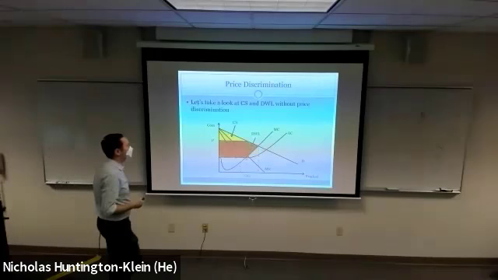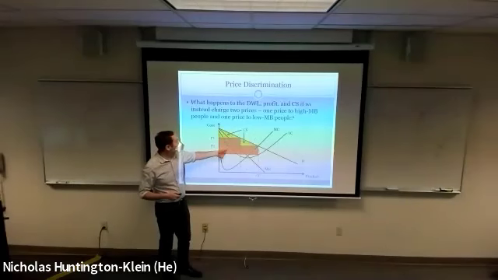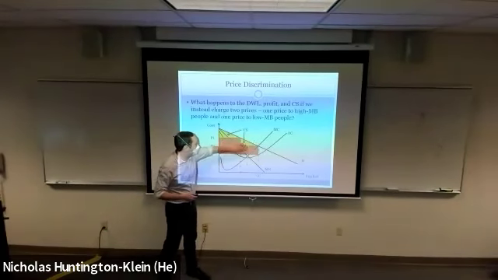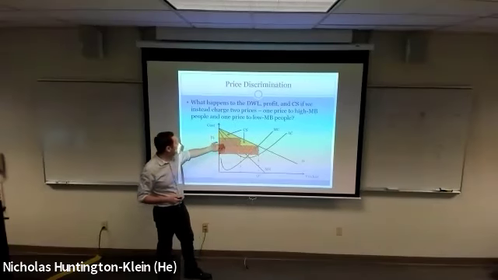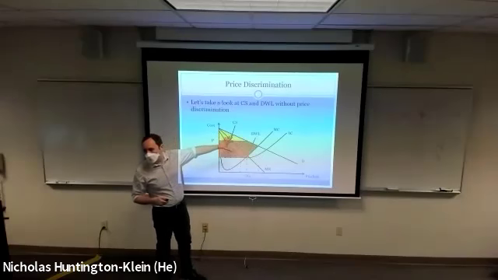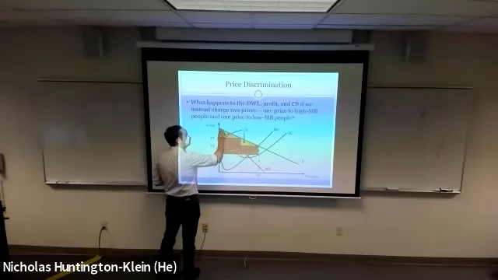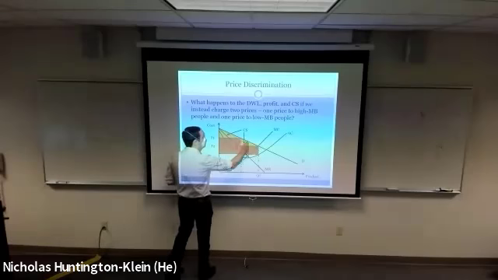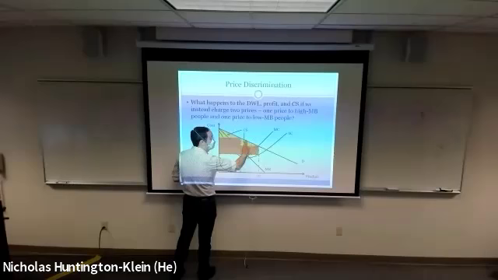You'll also notice that some things changed about the consumer surplus and profit boxes, right? Profit got bigger, right? It used to be this sort of square. We lost a little bit of area over here, but really we gained a lot over here as well, right? So the profit's gotten bigger. Consumer surplus has gotten smaller in some ways, but also bigger in others. So these people over here, they're paying more for their ticket now under price discrimination, so they lost out. These people over here, they were not able to afford a ticket before, but now they can at a lower